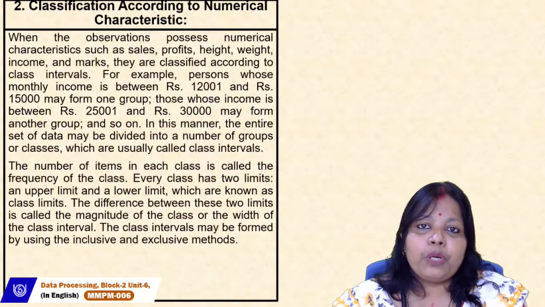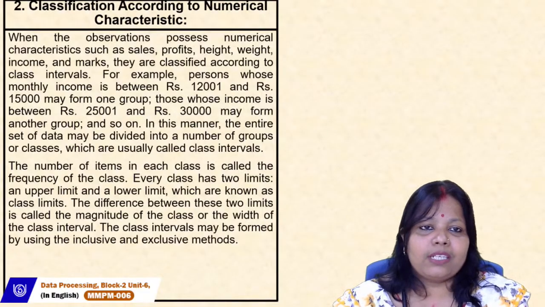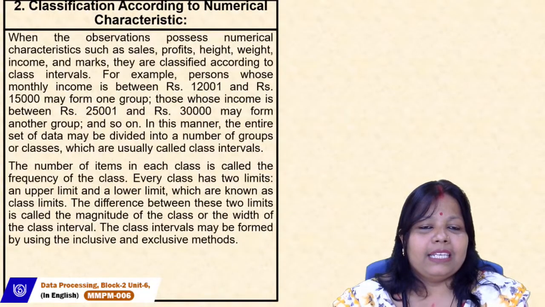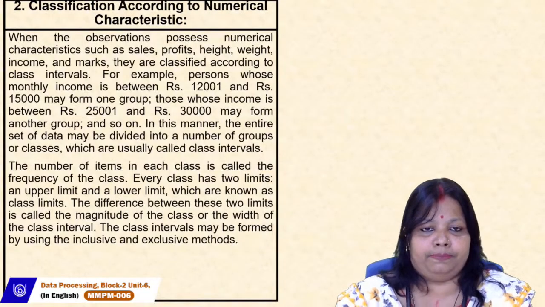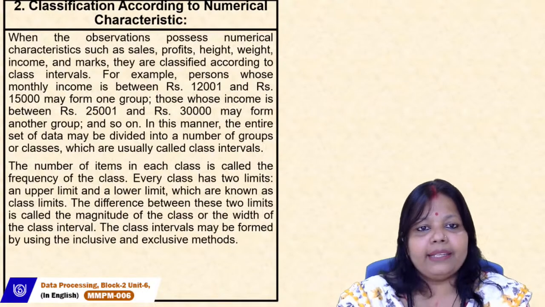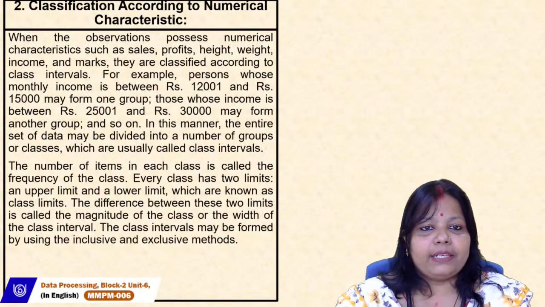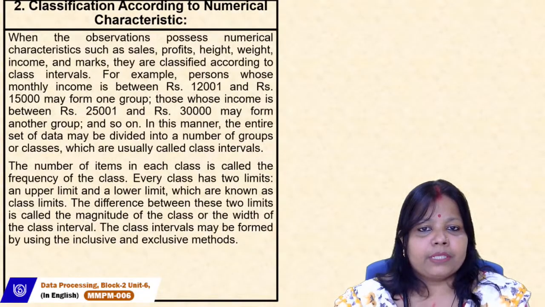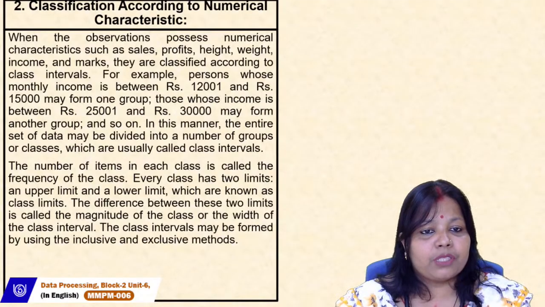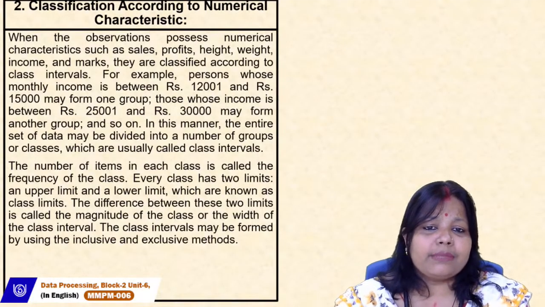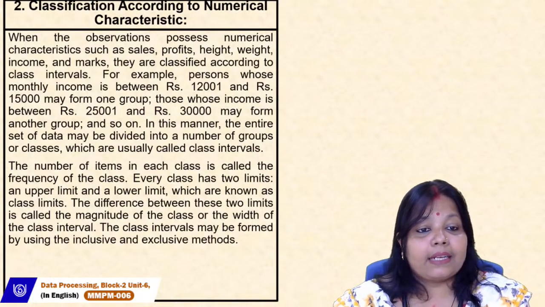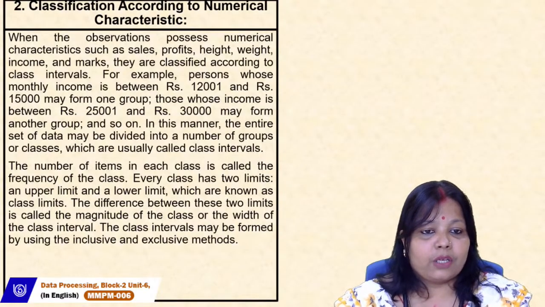Because recording of too large data is not possible, it also does not look good and is not easy to understand. That is why we are dividing the large scale of data into some intervals. For example, persons whose monthly income is between 12,000 to 15,000 may form one group. Those whose income is between rupees 25,000 to 30,000 may form another group, and so on. In this manner, the entire data set is now divided into a number of groups or classes, which are usually